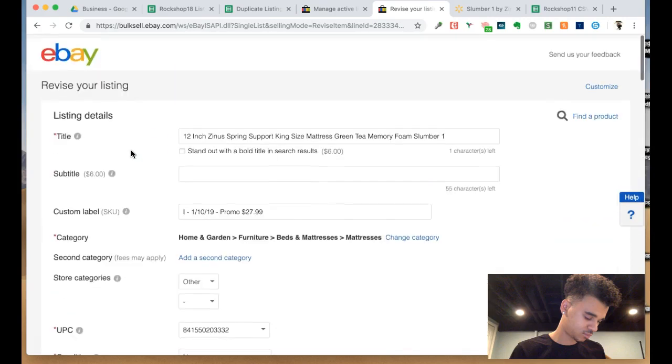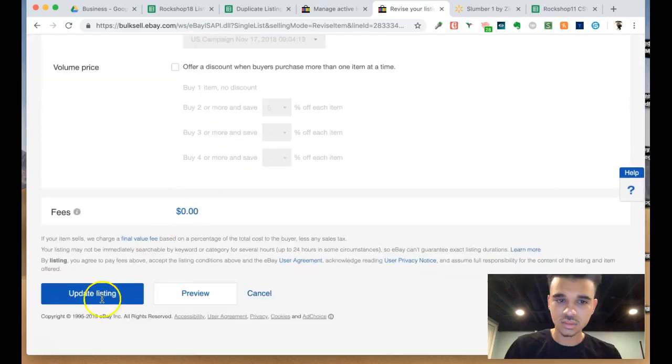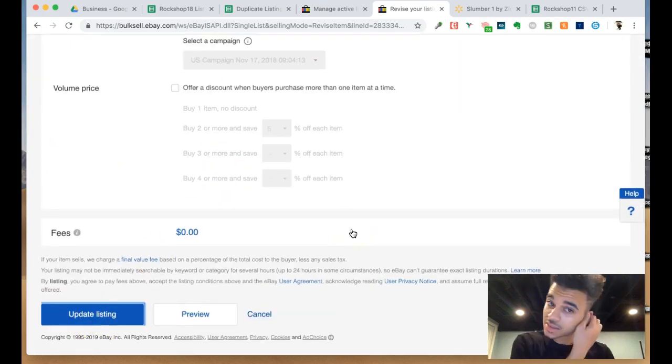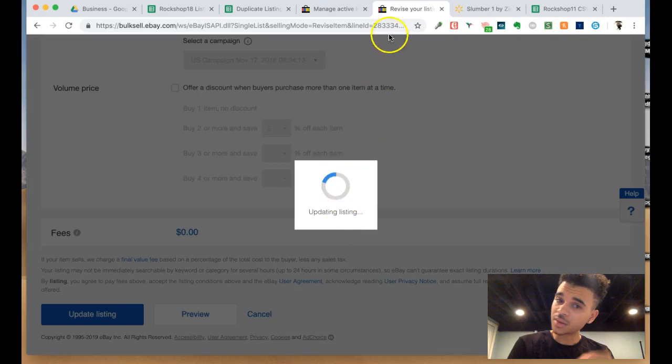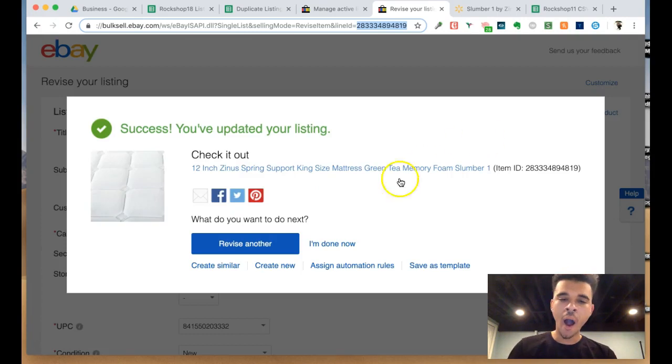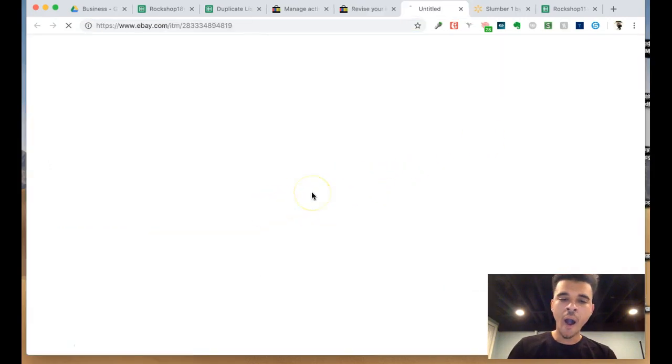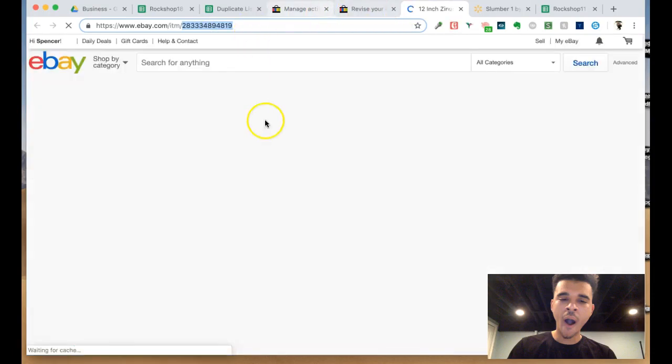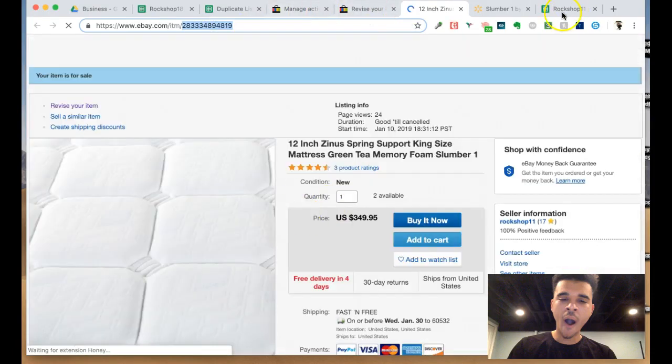All right, so we need the item number. We don't have the item number. We'll just update this. That's good, right? But now we need to find it. Actually, that's probably the item number right there. I'm gonna copy it just to see it. 28333. Yeah, that is the item number. All right, cool. So what we do is once we find that item number on this page, we go to